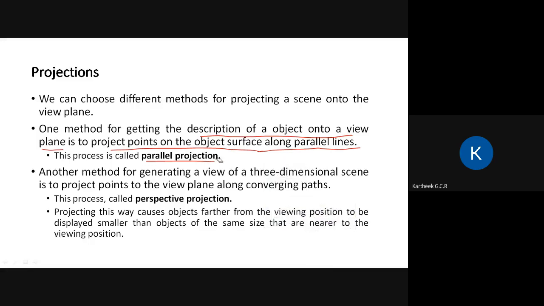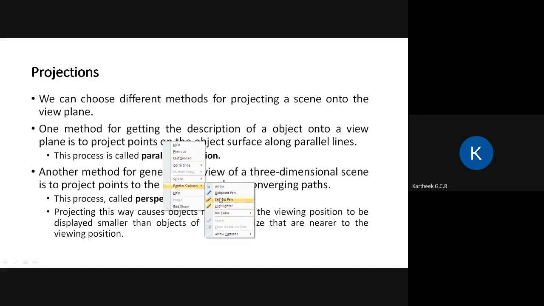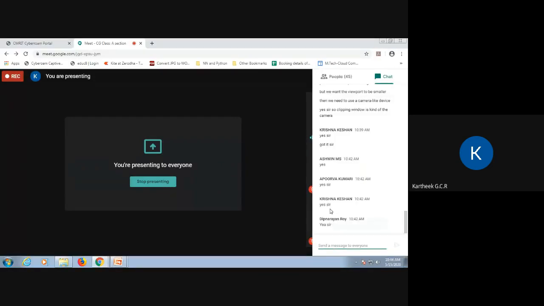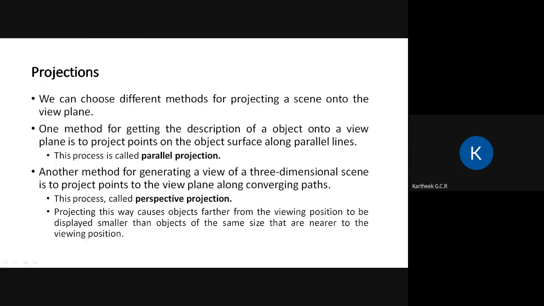Parallel projection is mostly used in AutoCAD. You guys have used parallel projection in CAD classes, I hope. You project it with the parallel lines onto the top view, the side view, and all that. Yes, that is the parallel projection. So imagine there is an object, you have parallel projection onto the viewing plane, and that forms an image on the plane. That image is what you get to see. That is parallel projection, right?